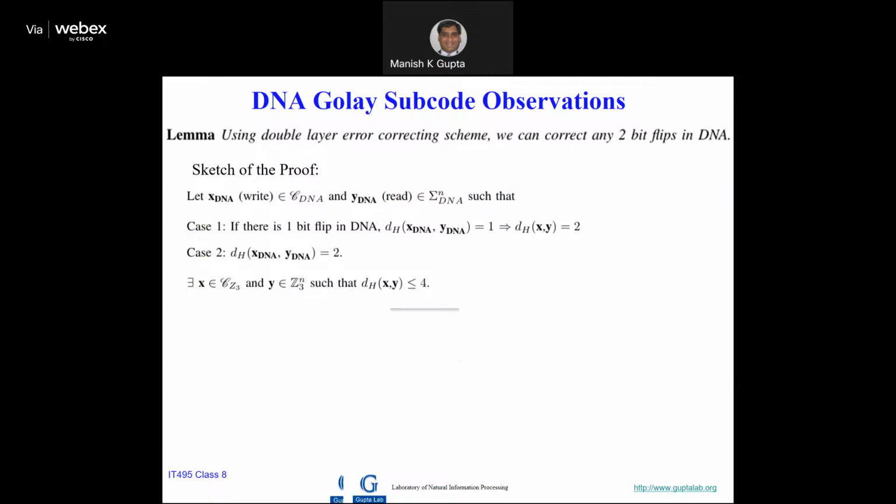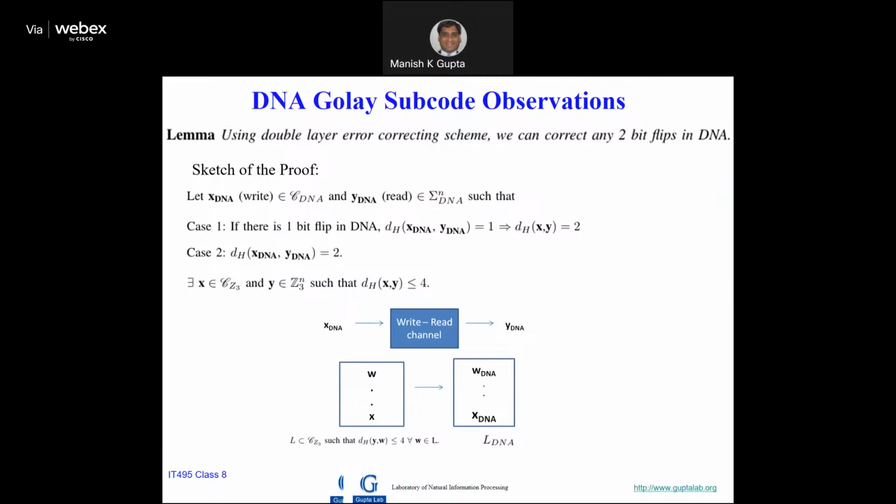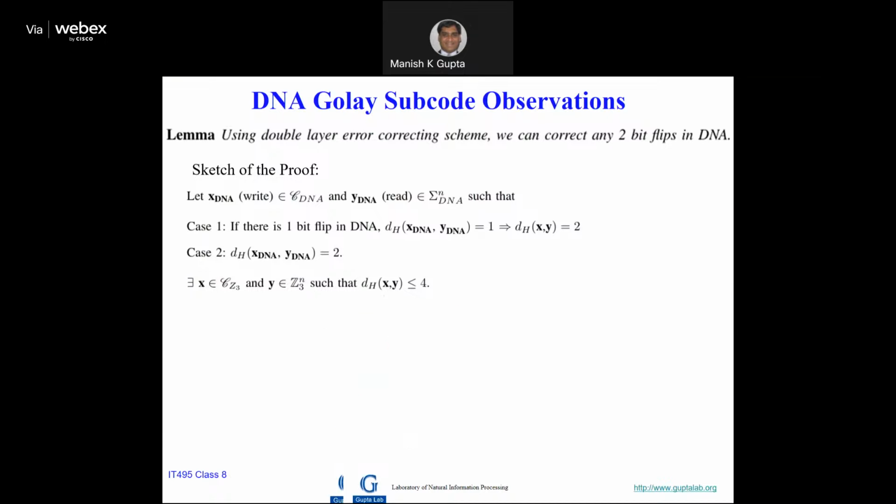Now I am going to show you how we can correct 2-bit flip errors. Why am I calling it double layer? Because on one side I have a Gole subcode notebook with distance 5, which can correct 2 errors on the ternary side. Okay, but I want to correct 2 errors on the DNA side. Okay, and how do we do that? The first one,